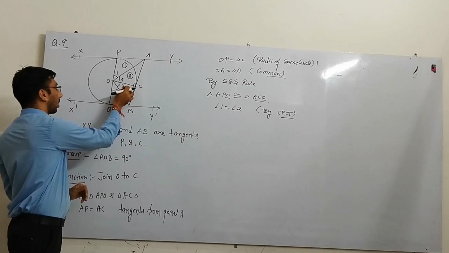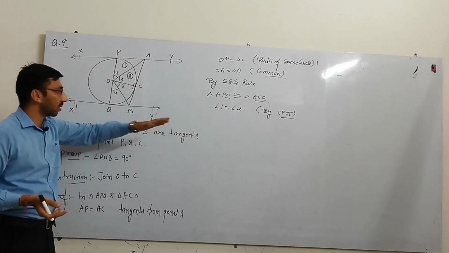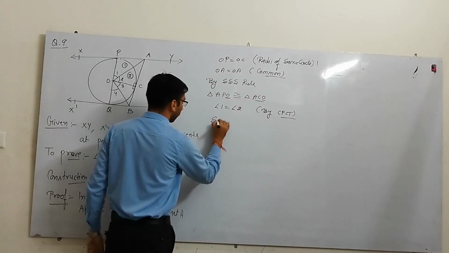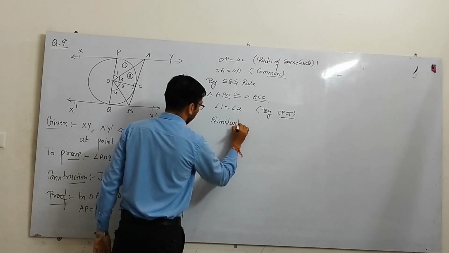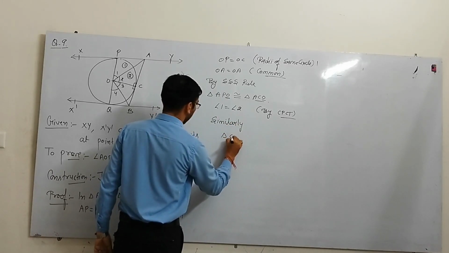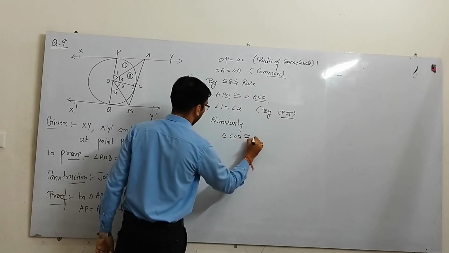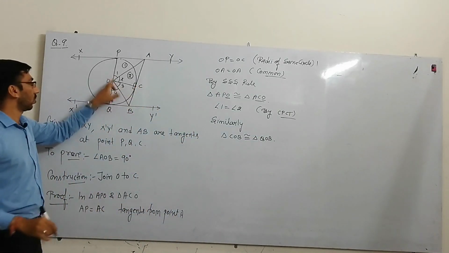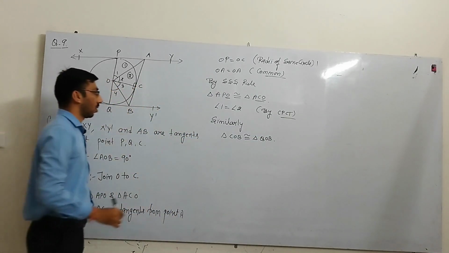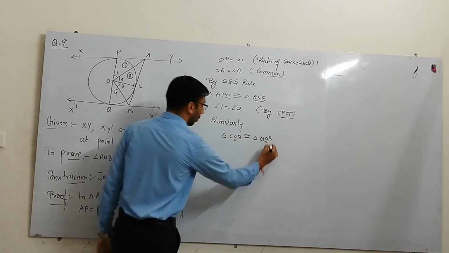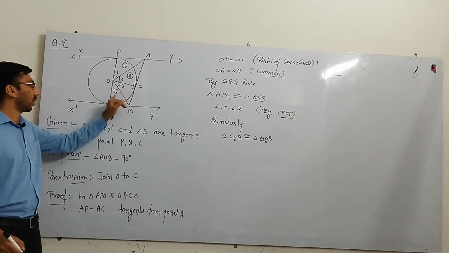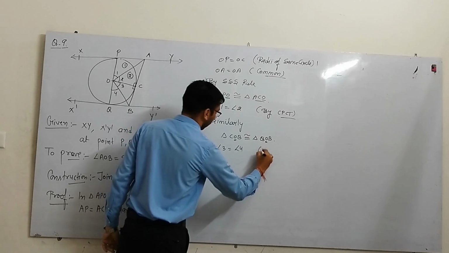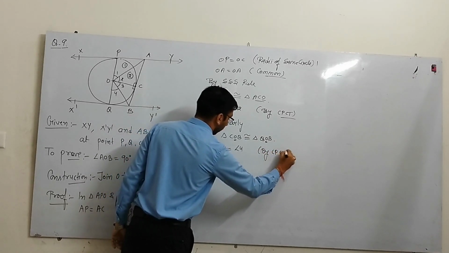Similarly, you have to prove that these triangles BOC and BOQ are congruent. If they are congruent, their angle 3 and angle 4 will be equal, but as we are doing the same parts, there is no need to prove these parts again. We can write only similarly triangle COB is congruent to triangle QOB, and obviously again we can say angle O will be equal to angle O by CPCT, and the values of O here are 3 and 4, so we can say angle 3 is equal to angle 4. These are equal again by CPCT.